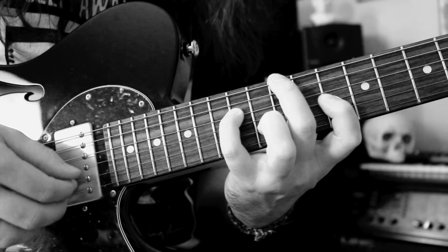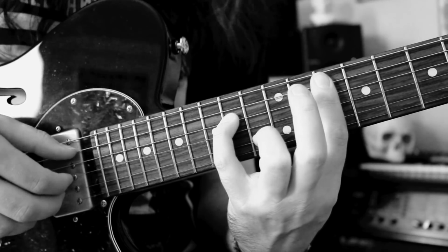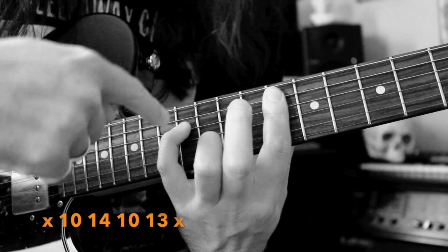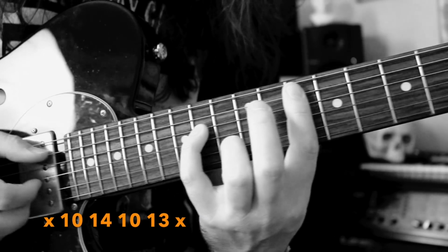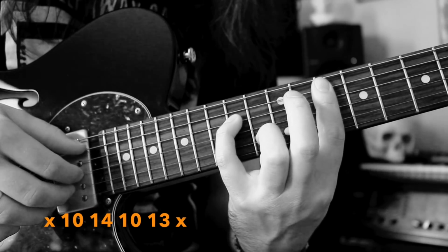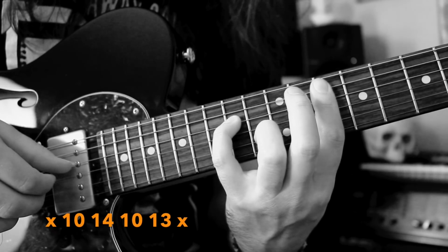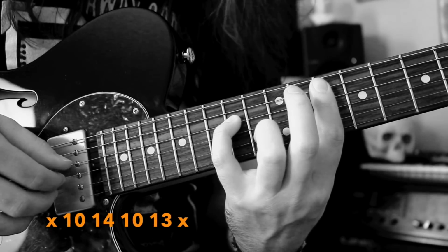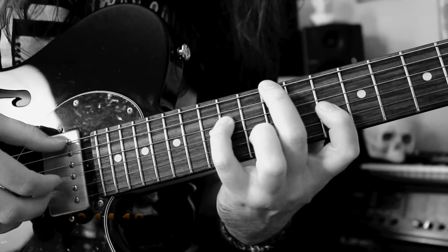14th D. And then your bass note needs to change to the 10th fret A string. So now my grip is like 10, 14, 10, 13 on A, D, G, and B strings. Play the 10th fret A string along with your G and B strings on 10 and 13. 14th D, high notes on G and B again. 14th D. So now you got...